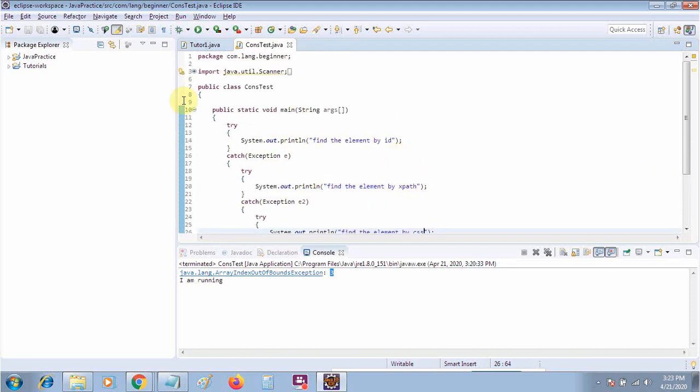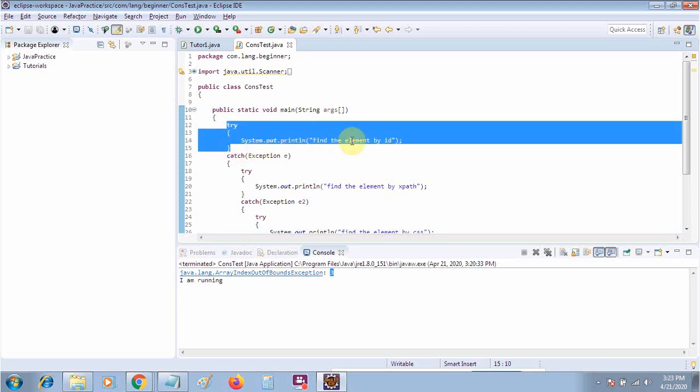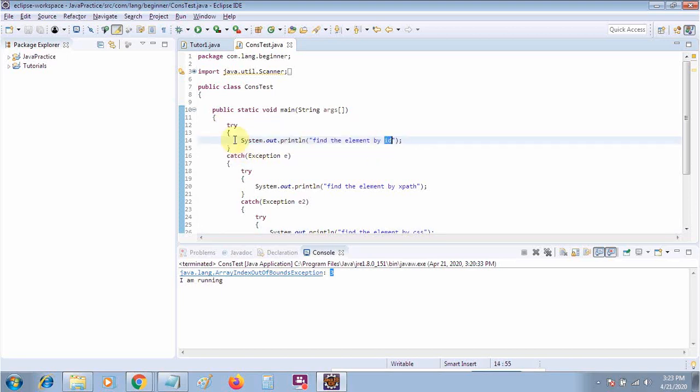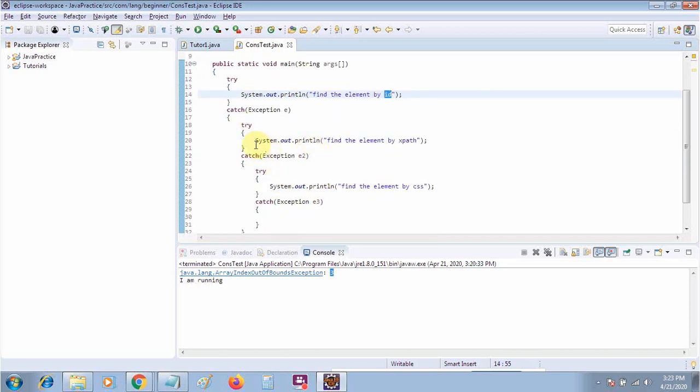So this is the basic use of the nested try and catch block. Your code will start from the top. First of all, it will try this one. If your element is able to be found by this ID, then it's okay. Otherwise, your code will not fail. It will come to the catch block, and then it will again try to find your element by some other locator like XPath. If it is able to find it by XPath, then it's okay.